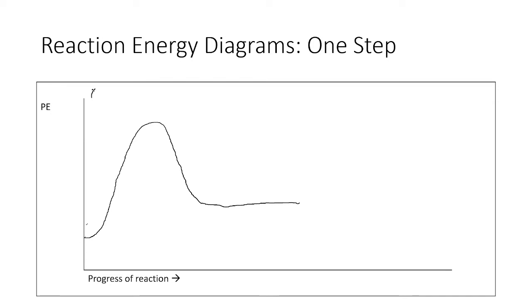So if we have the same scenario, if we have A plus B which produce D plus E, what happened here is we have here our reactant, this is our product, this is our TS, okay? So as you can see here, what happened here is this is the level of the potential energy of our reactant,